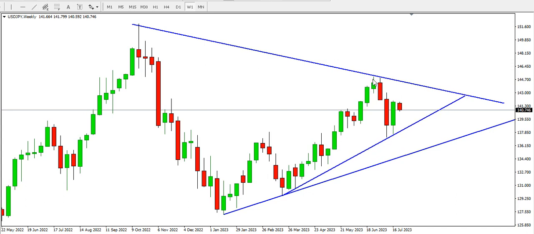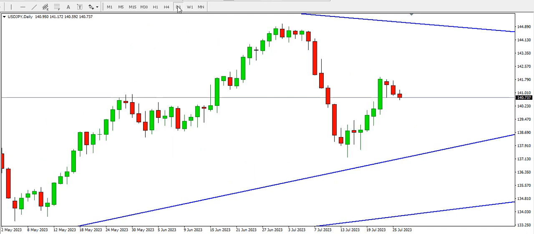Now price is ranging, so we expect price to break out of this triangle. Okay, expect price to break out of this triangle on the weekly time frame, but for now price is ranging. All right, on the daily time frame,